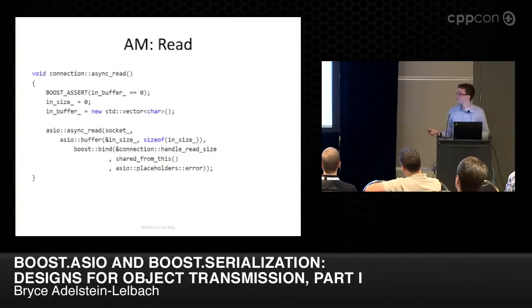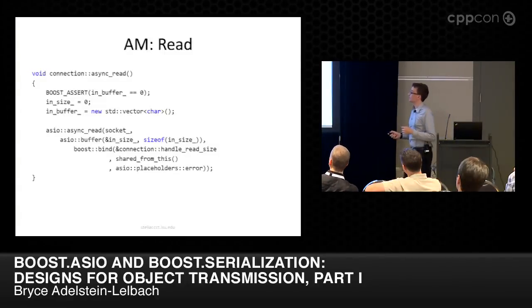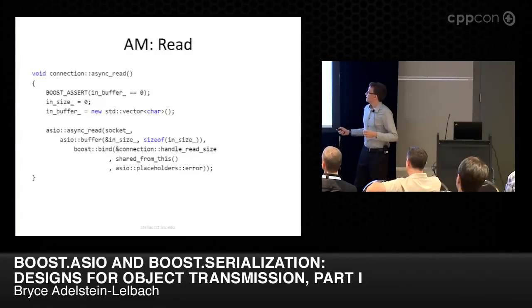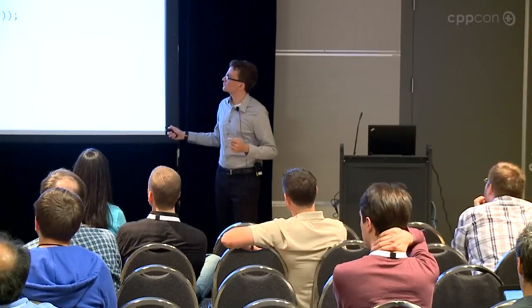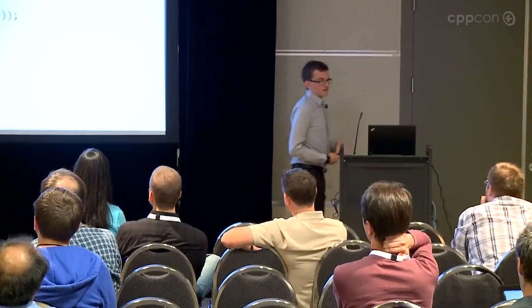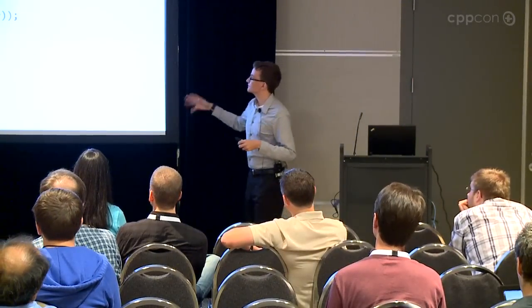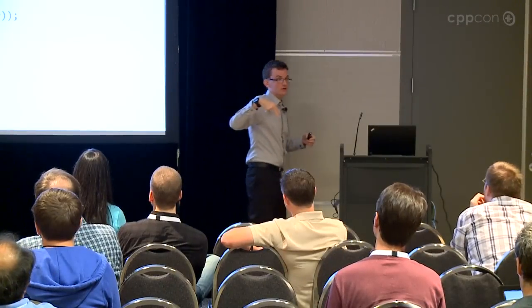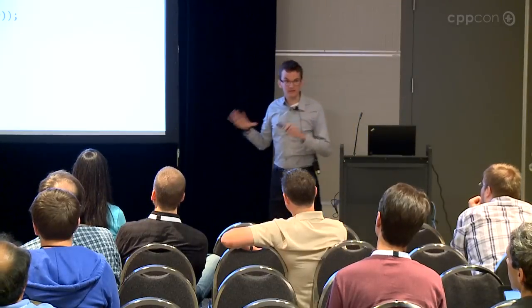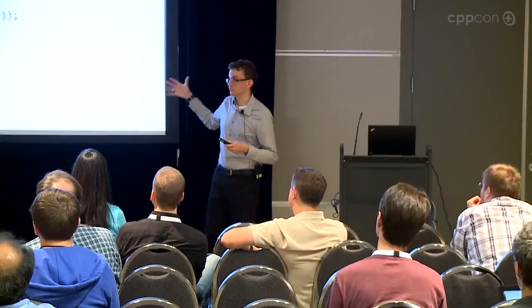So the first thing we're going to do here is zero this in size, this buffer here. And then we're going to allocate a new in buffer here. And notice the assertion here: we're checking to make sure that the in buffer is zeroed. Why are we doing that? Because, as I mentioned, we're passing the buck of the connection, and the connection's reference counted. We're not reference counting this in size and this in buffer, but we are passing it along here. So every time we do a read, we're taking the buffer that's there, and that's our buffer. It belongs to us once we start the actual read of the data.